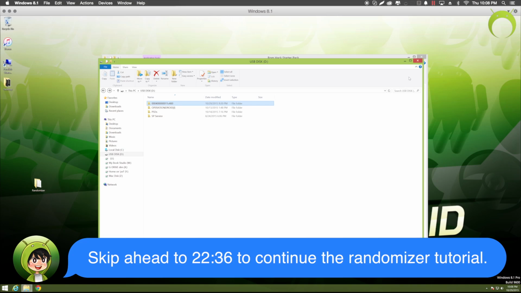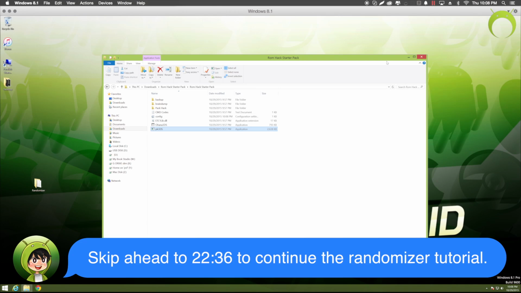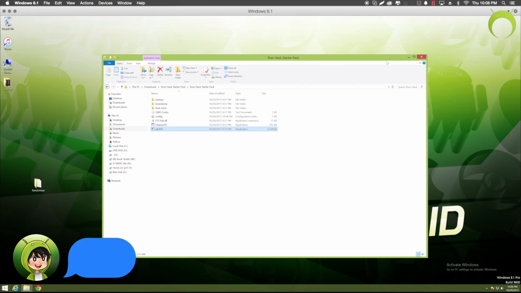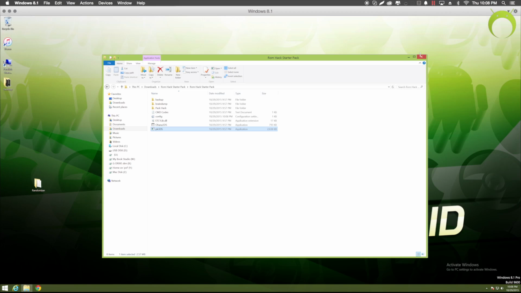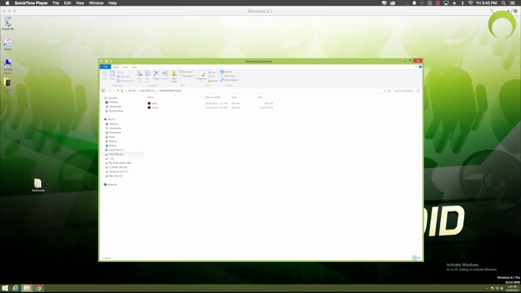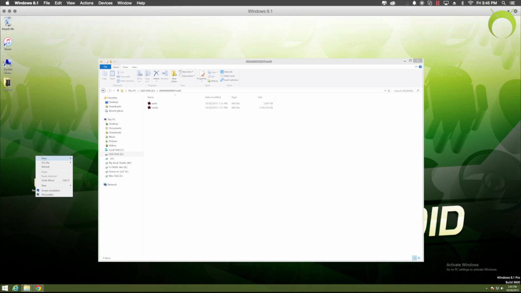And then you can go ahead and exit PK3DS, and from this point on I'm going to show you how to get ROM hacks, but if you're just doing the randomizer, then skip ahead to where it says on screen to continue. Okay, so now we're going to learn how to get a randomizer, a ROM hack for Neo X or Y.